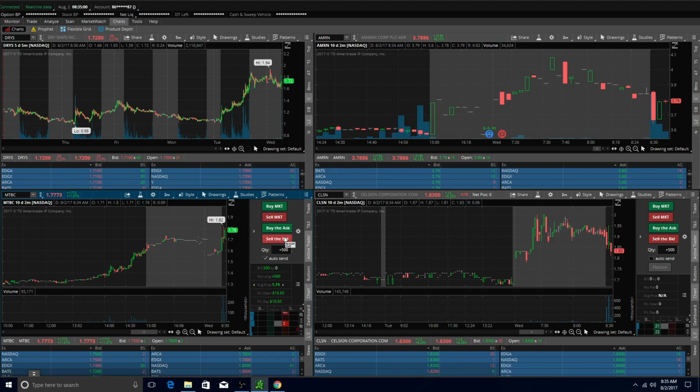And so, yeah, you can see here it finally pushes towards that $1.82 previous high. I was really looking to see if it could get to $1.90 before exiting the trade. But I'm glad I got out when I did, because it did eventually wash back out. I think it pushed back towards $2 later on in the day, but I wouldn't have held it for that long. So I'm happy I got out when I did for a small $45 gain. And so, yeah, that was my trading